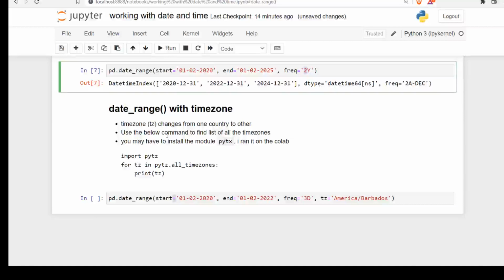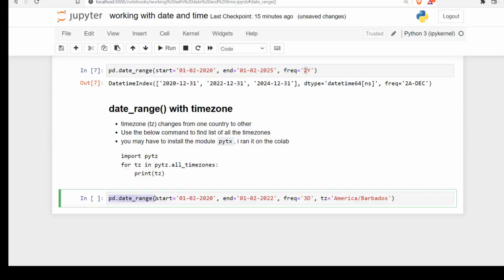Last is time zone. Every country follows a certain type of date and time format which is implemented in the entire territory of that country. So based upon your time format, you can change the time format of this Pandas data frame. Here you can see that I am using pd.date_range. I have provided start date, end date, and then frequency is 3 days. That means it will be skipping 3 days. And then tz equals to